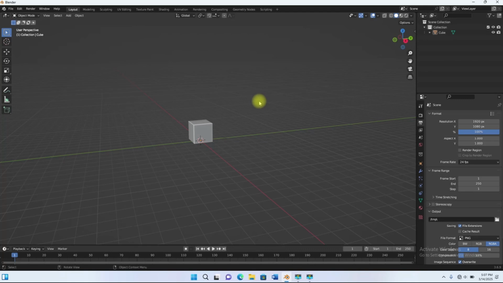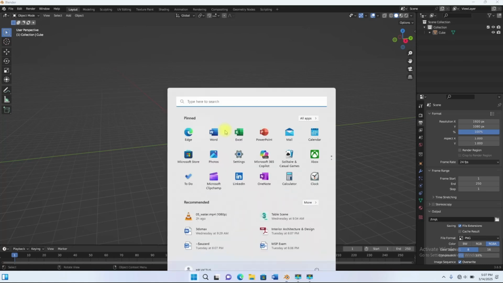So you might likely think of the frames as papers that you are drawing on. That's the kind of analogy I can give to explain what frames are. The FPS, the 24 frames, tells you how many of these papers you're going to have in